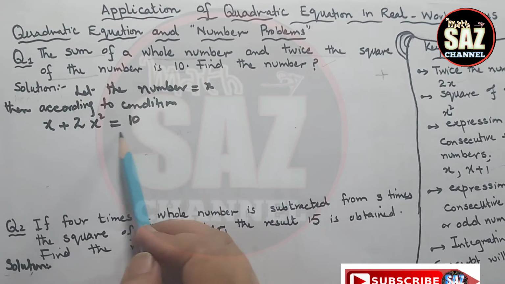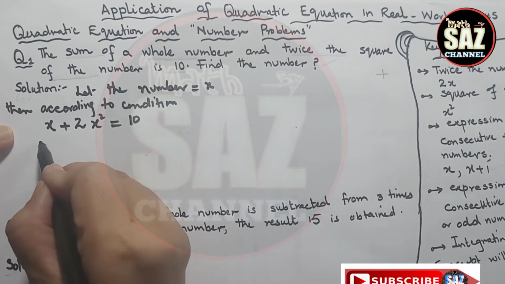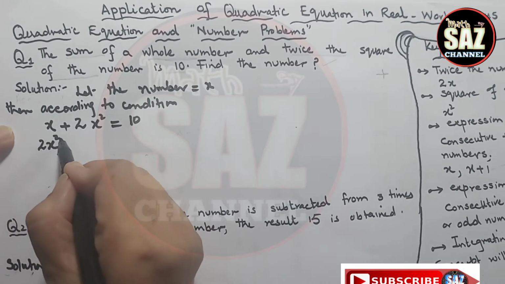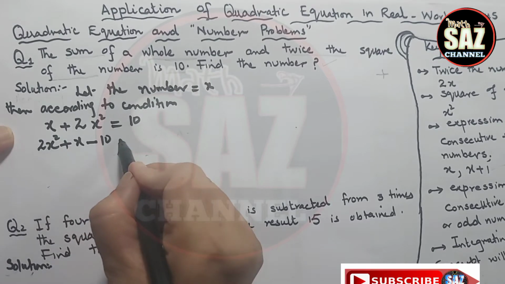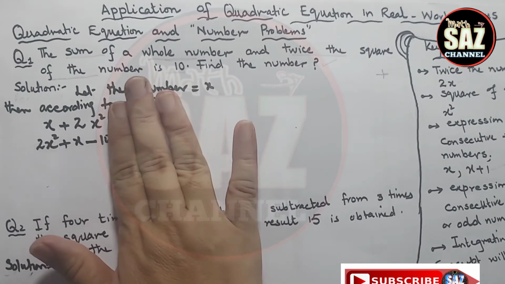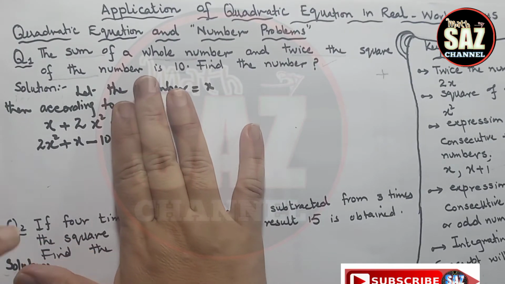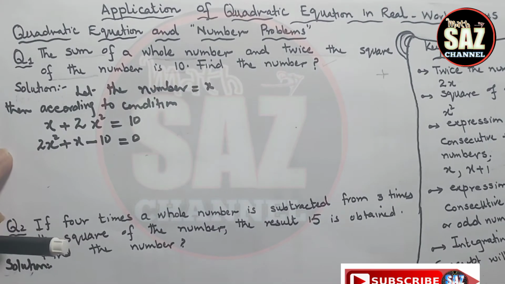Now you can see that this is the quadratic equation. What I have to do, I have to rearrange the expression: 2x square plus x, shift this 10 to the other side, it will become minus 10, and this is equal to 0. Now if for some time we forget about this equals sign, we can see that the left hand side of the equation is a quadratic expression, and we have learned the technique of factorization of quadratic expressions by hit and trial method in chapter number 3 and chapter number 4.